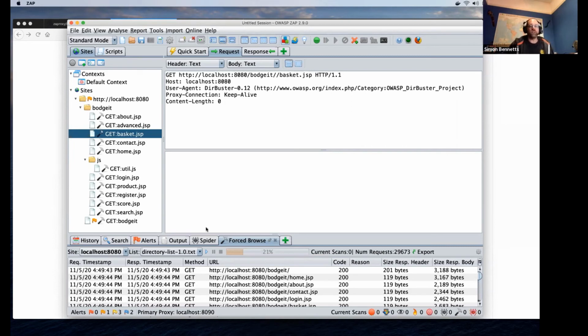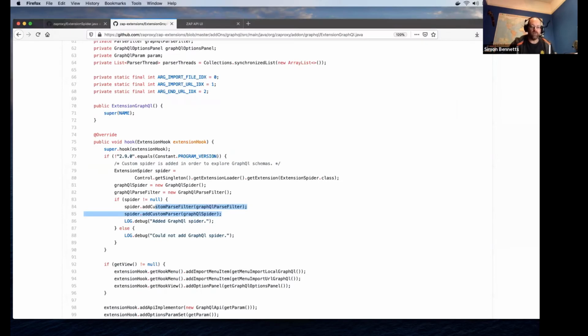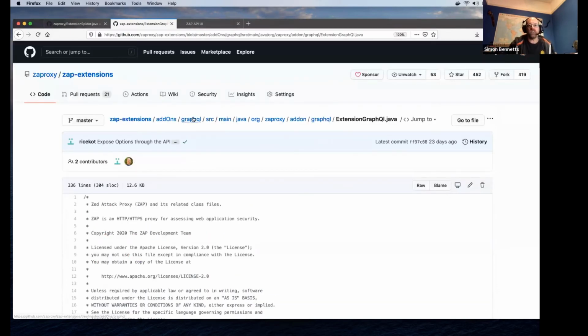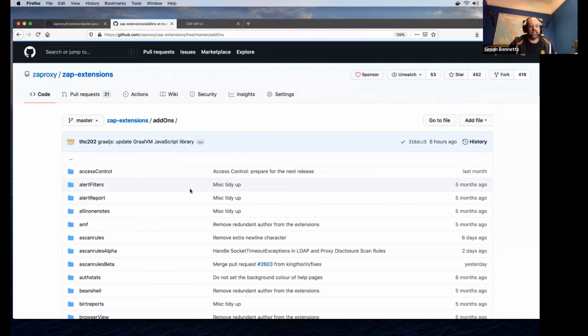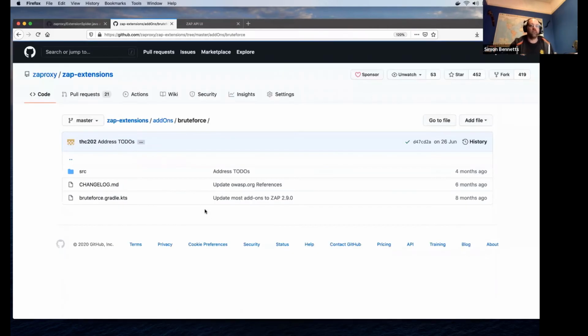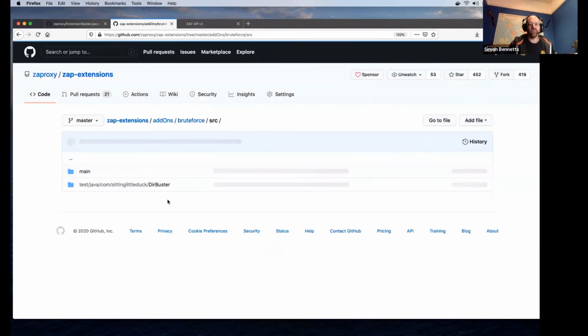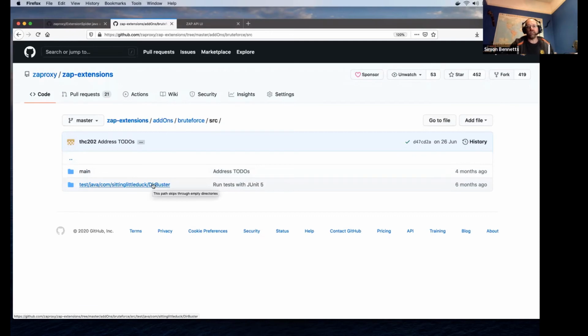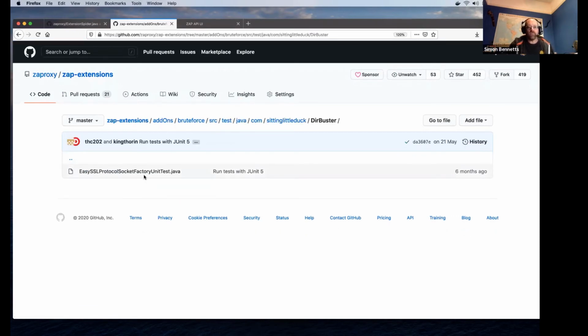As I said, we don't have an API for it, but if I go back to ZAP extensions, it's actually called brute force, because that was the original name until people pointed out that technically it was force browse. So we changed the name in the UI, but didn't change the add-on name, or not the name in the code. And if you go down into the source, you'll see Dirbuster. So this is the original Dirbuster code. It is no longer maintained, but